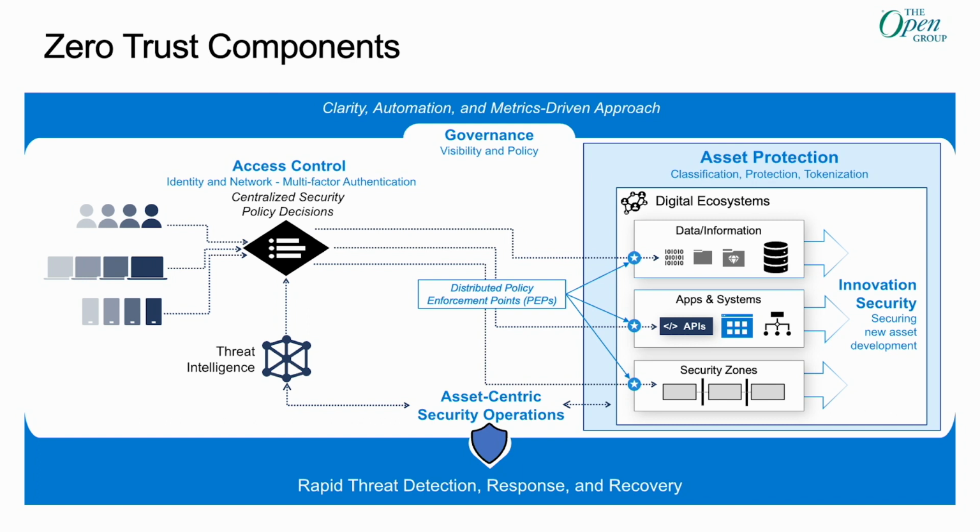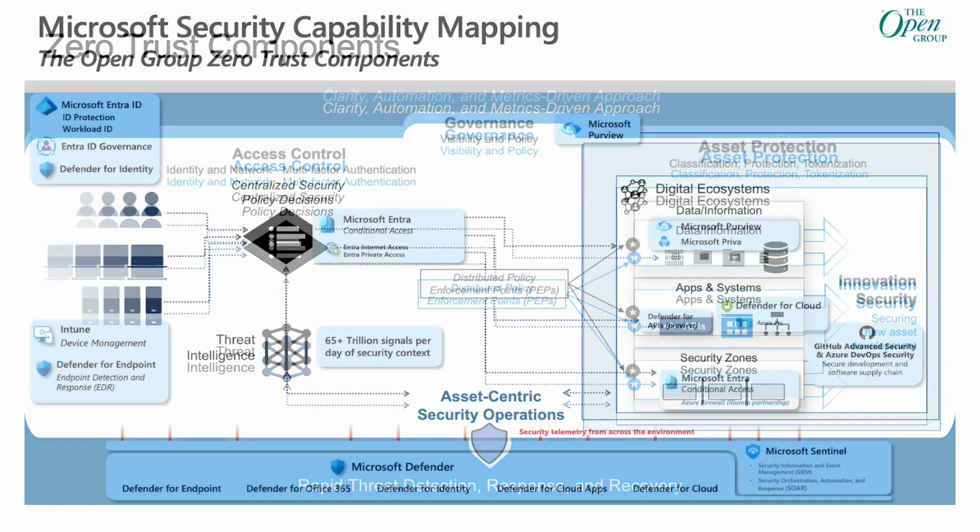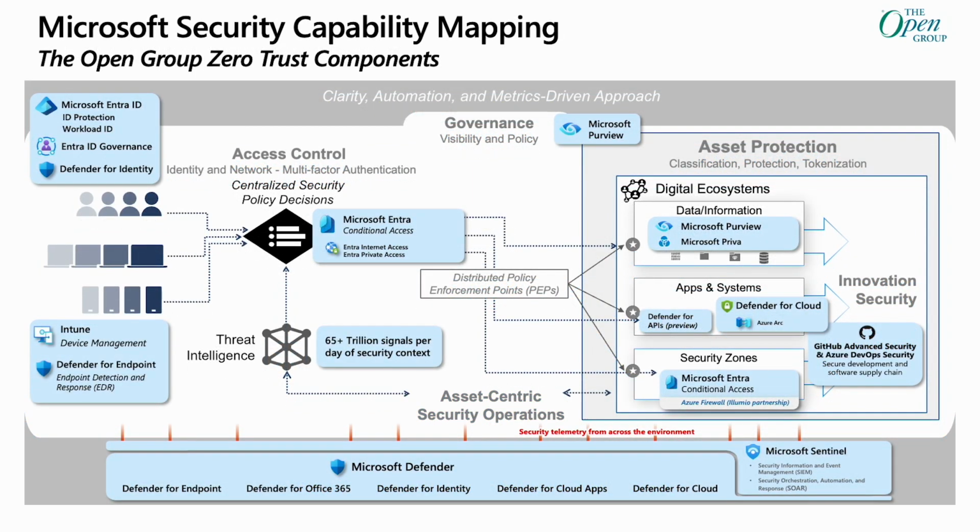And there's almost always a top and bottom stripe along the top there, the governance and that visibility end to end, and security operations in the case of the Open Group one. And so, really these end-to-end themes that drive across both of those tasks. So that tends to be how these zero trust diagrams are drawn in most cases. And this is the Microsoft capabilities overlaid for reference. We're not going to go through all of these, but you can see where the Microsoft technology relates to this particular diagram.